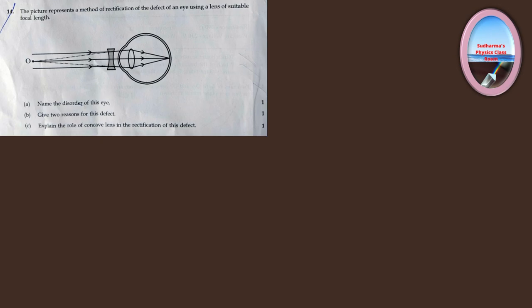Coming to question number 14. We can skip this question for the time being because this is not given in the syllabus of 2021 as per the focus point. This is our human eye chapter. That part of that chapter is completely eliminated. So just leave it for 2021 students. Not required.